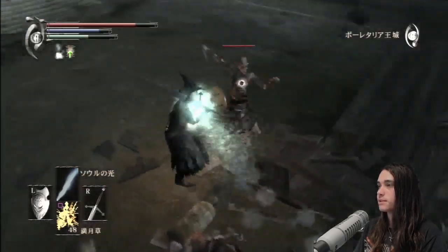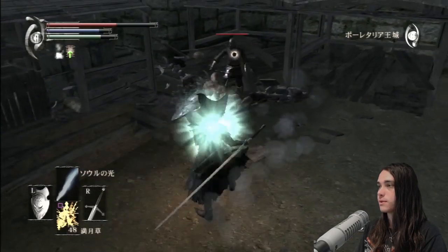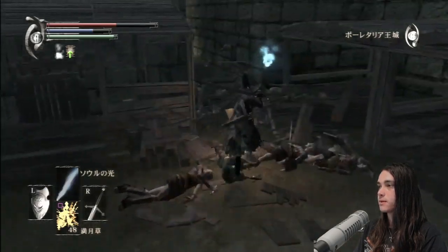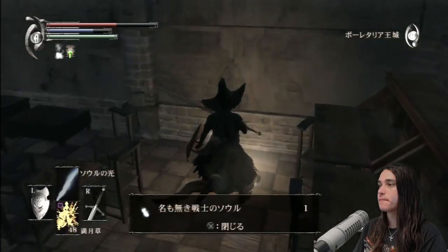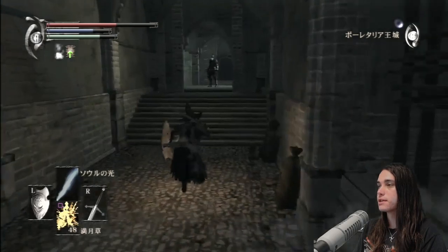The reason why I'm going back is because I've got some hardstone and sharpstone to pick up over this way, so I'm going to go and grab that. May as well kill you. Not that I need the crisp blade equipped for this, but may as well. I'm just going to try and get in the habit of doing that, just getting the crisp blade happening at that moment in time. But yeah, just returning back through here so that I can get...